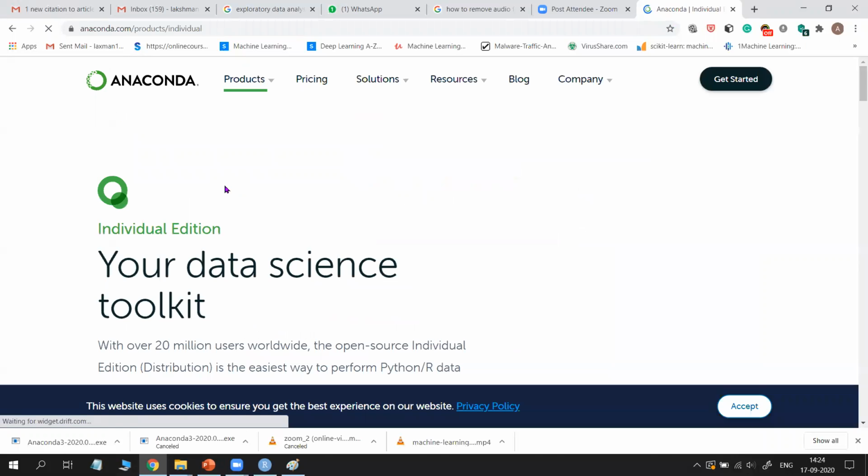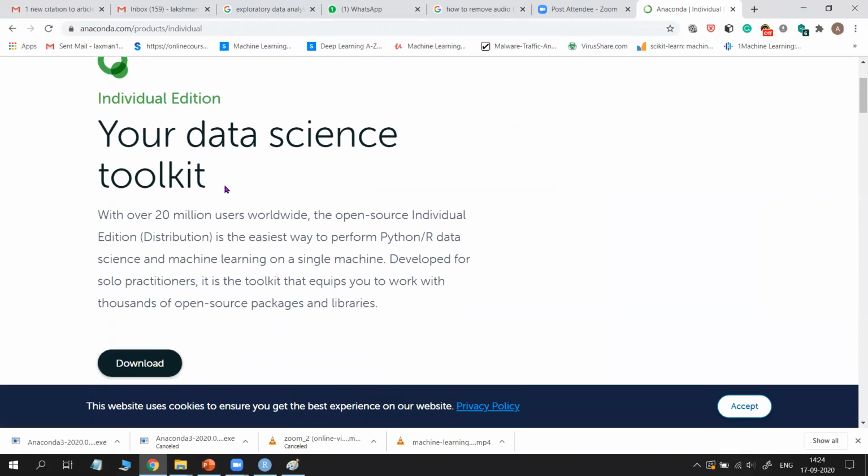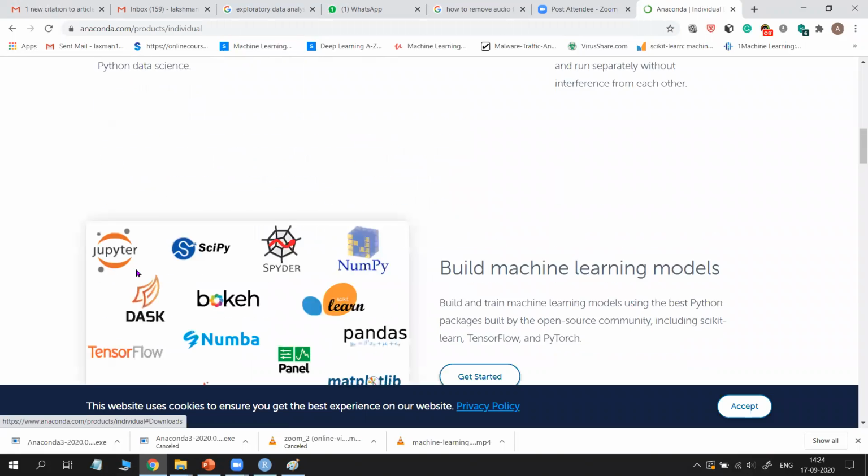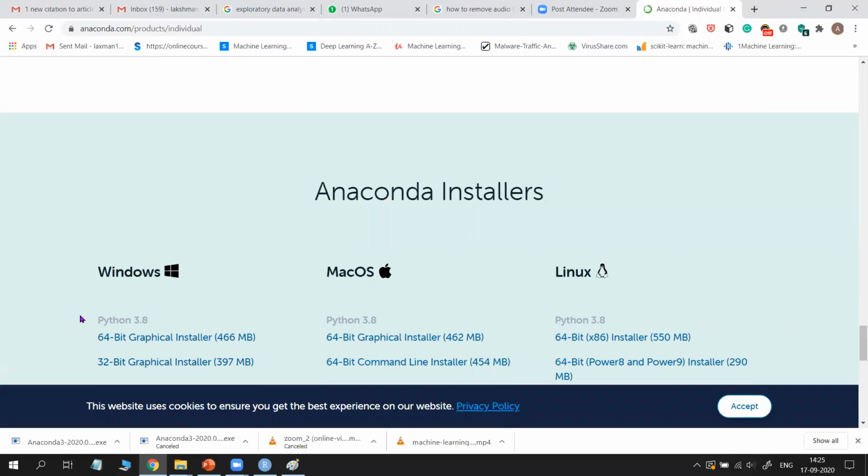Just click it, then go down and click Download. Here you see Windows, Mac OS or Linux. For any operating system, you can download. Here 64-bit is 397 MB, and 32-bit is 466 MB. So just click it.